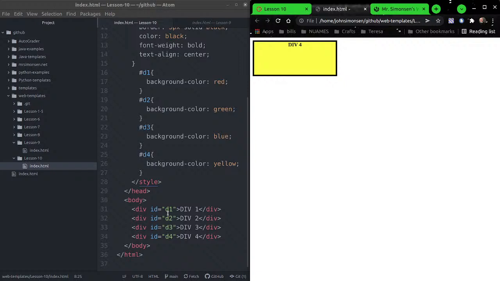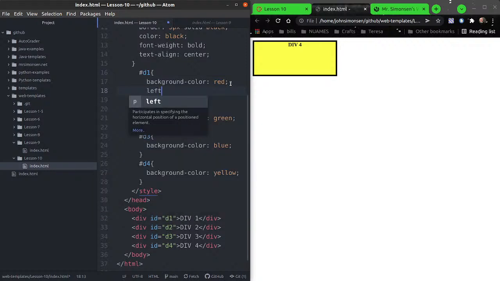Instead of being relative to each other, where there's one after the other, absolute positioning means that they're all in the top right corner. They are now on top of each other, and the only one we can see is the last one because that's the one that's on top, right? So if we move things around a little bit,